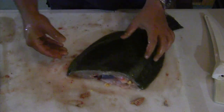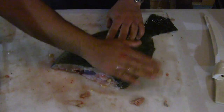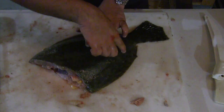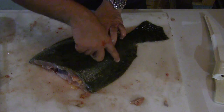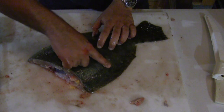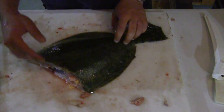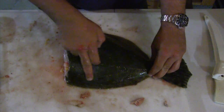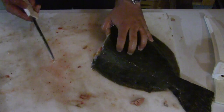What we're gonna do here is take the knife and come in along the spine. We're gonna come down and out, but we're not going to break the skin where the skin meets the fins. We're just going to run the tip of the knife right along the edge and separate the meat from the spine, basically making a big pocket where we can get our hand through, but the skin is going to stay continuous right along here and right along this back edge. So we're going to take the knife,